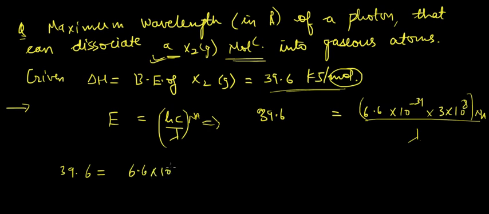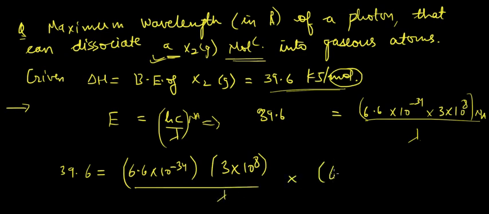6.6 × 10⁻³⁴, which is h, times c by lambda, multiplied by Avogadro number, which is 6 × 10²³. So you can calculate the value of lambda from this. Okay,